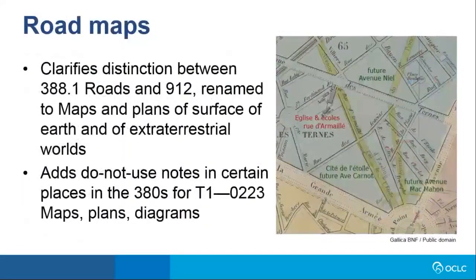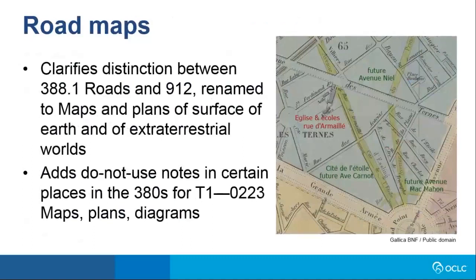And finally, we had a question about roadmaps. What belongs at 388.1 roads using standard subdivision 0223 maps, plans, diagrams versus 912? 912 used to have a much longer and wordy caption. This change has renamed it to maps and plans of the surface of the Earth and of extraterrestrial worlds,